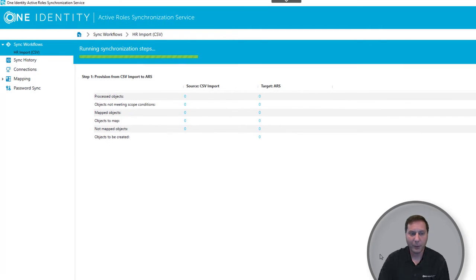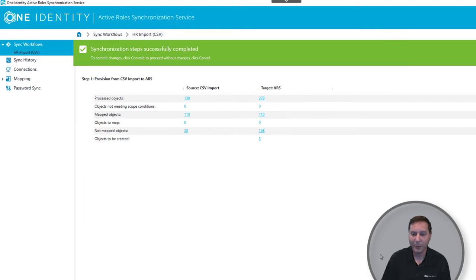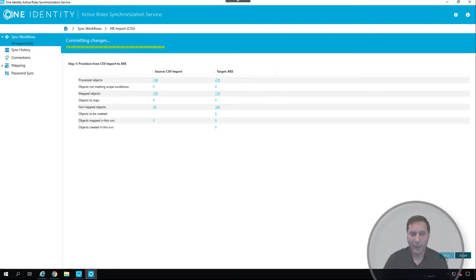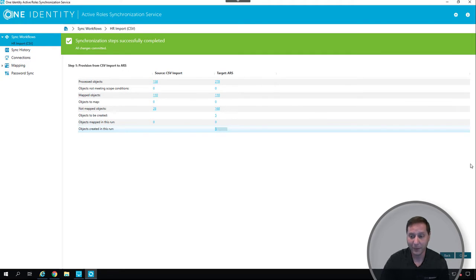Here I've told the system, go ahead and run. This could run on a scheduled basis or whatever we want, but in this case I want to run it manually. I'm going to click commit, and you can see here it's supposed to create 5 users. And you can see it's going ahead and creating those users. It's creating them on-prem, in Azure AD, in Office 365, as well as some cloud systems, which we'll show you in a different video. And you can see here it's done.